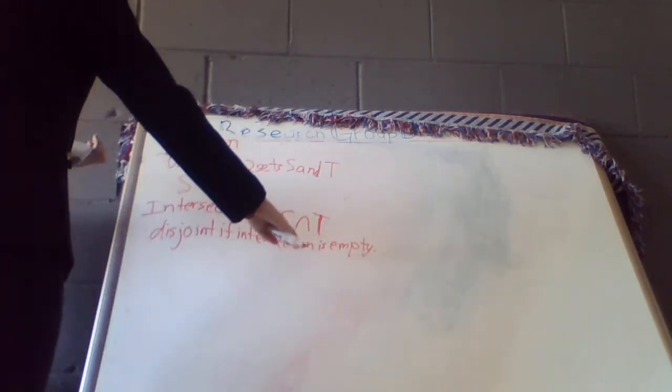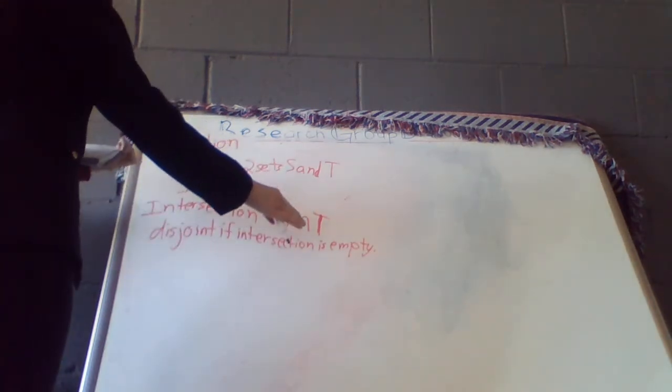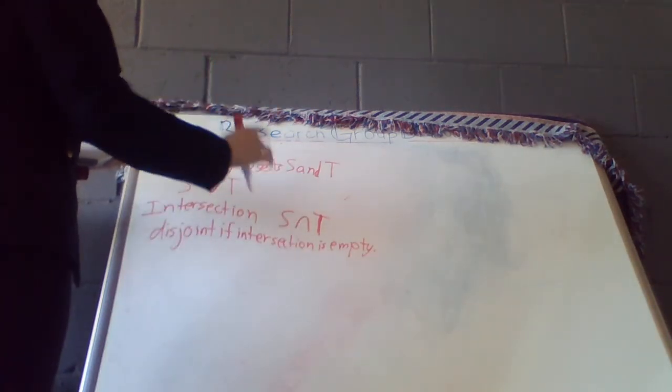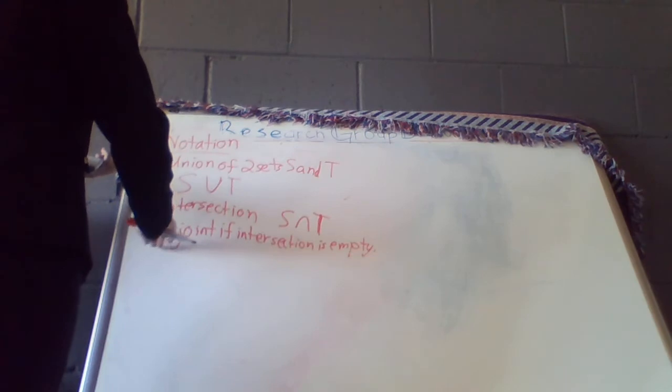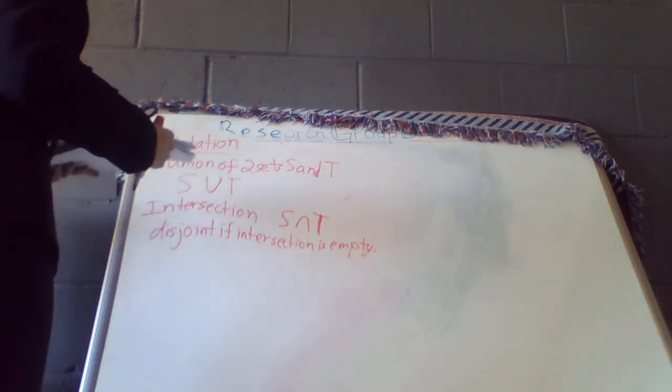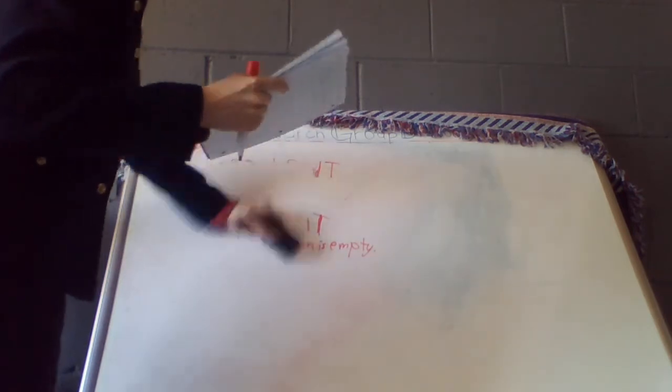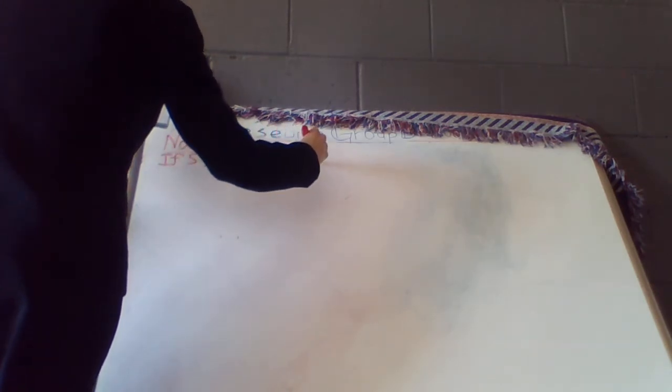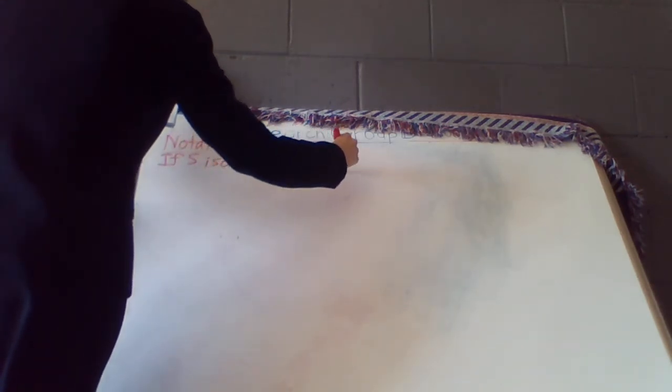So if they don't intersect anywhere, there's no 2 points, there's not even 1 point that's in both sets, then those two sets are disjoint. Their intersection is empty. So if S is defined as a subset of the elements of X,